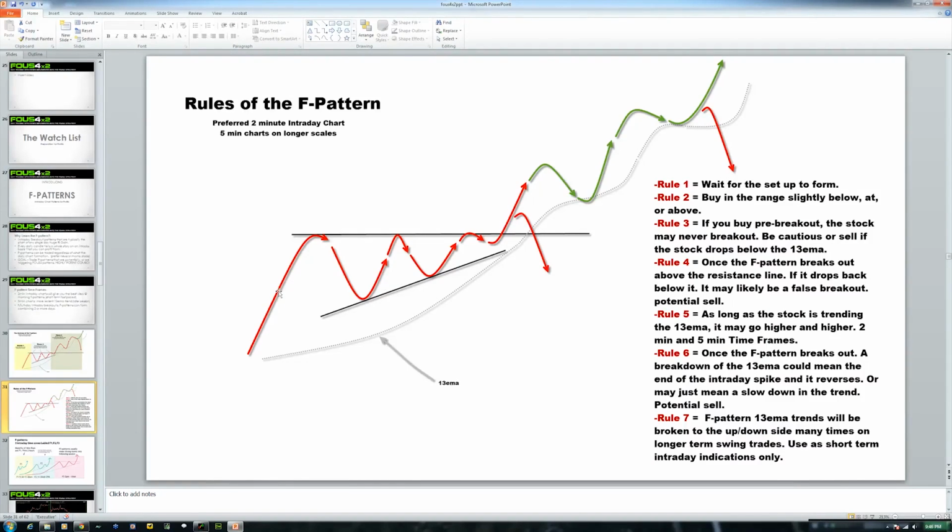Don't jump the gun on these things, especially on some kind of news piece. If you're buying into a FUS4 swing trade pattern, and you see a stock moving and you're seeing it break out above a FUS4, a lot of times I disregard the intraday chart sometimes, because I know that